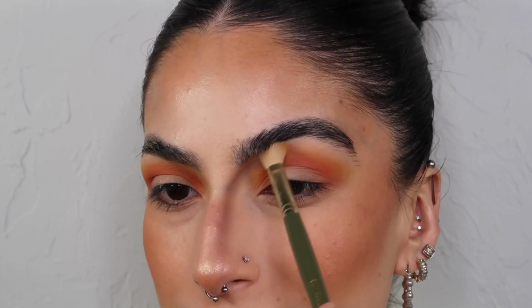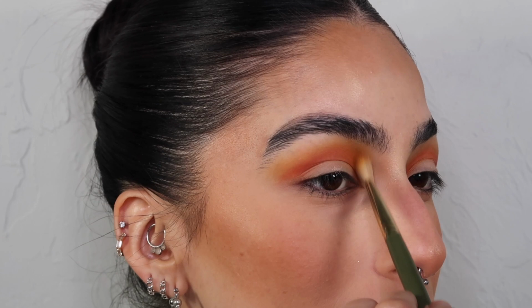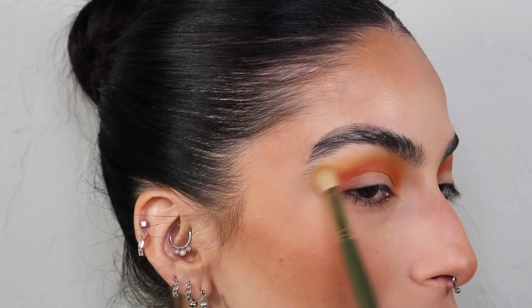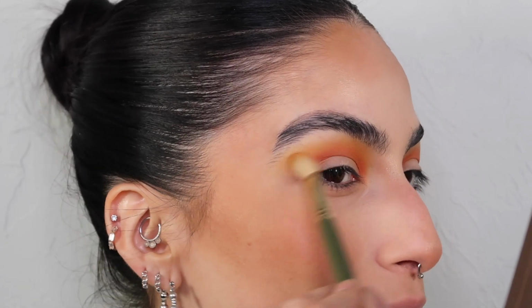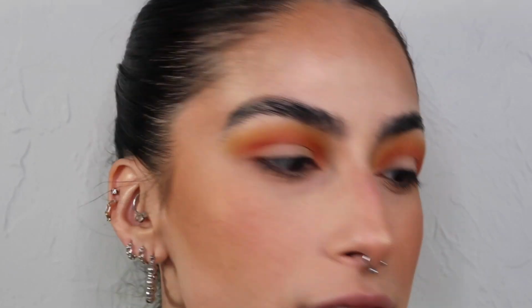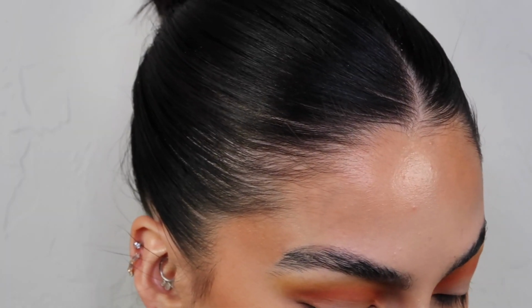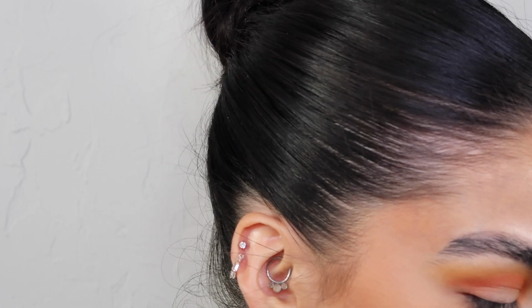This is the thing with eyeshadow looks, it's a constant back and forth type of thing, at least with me, because I always feel like I can do better, and I'm like, okay, I can add more here, I can blend this out a little better. Okay, I know this is looking very sunset right now, but I have high hopes. You see, my camera stopped recording,